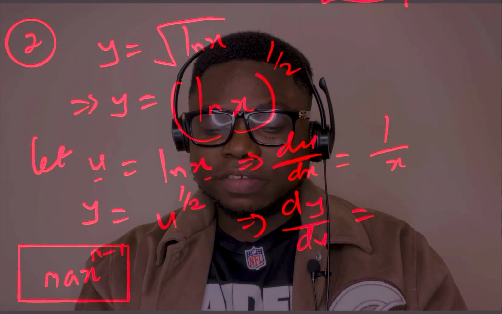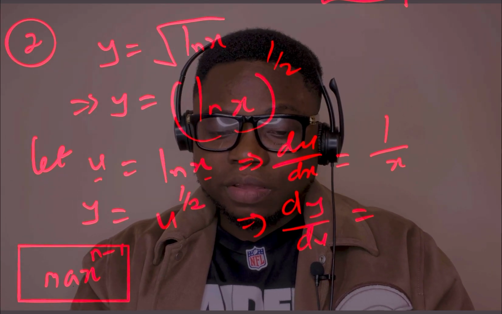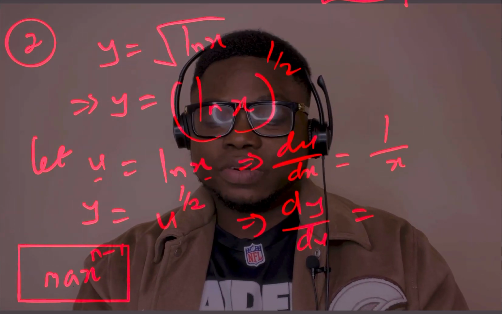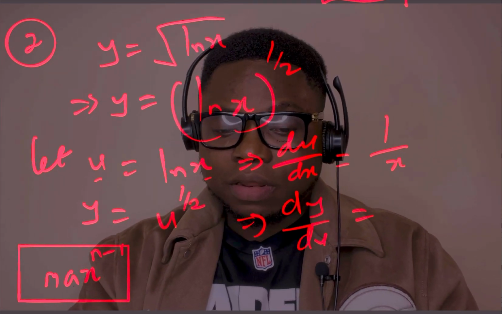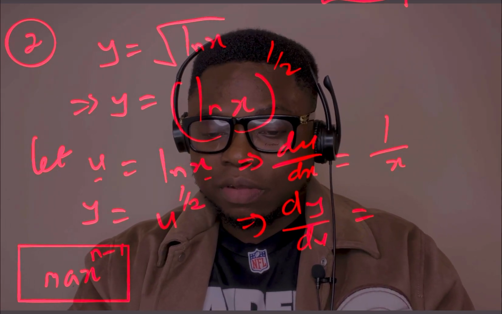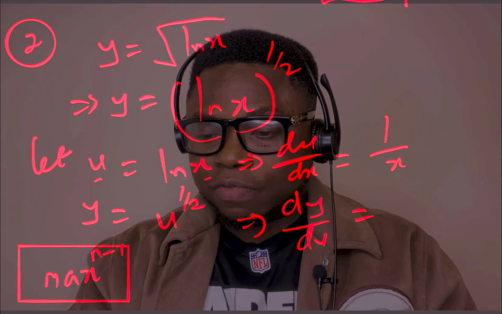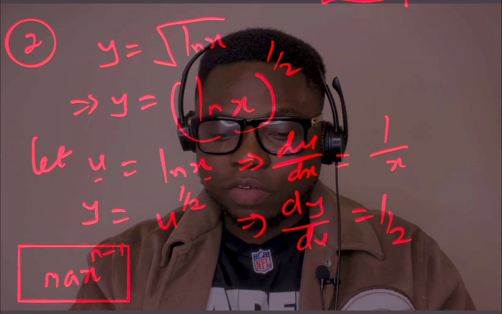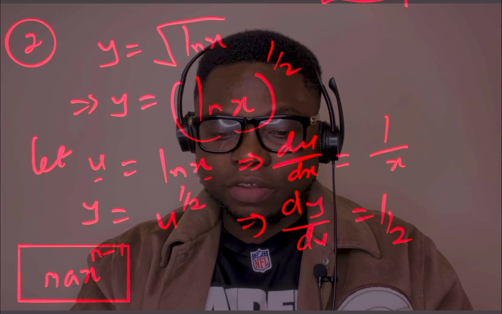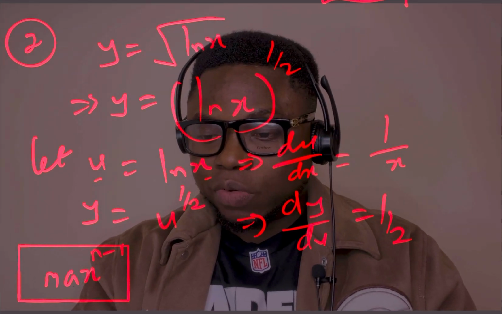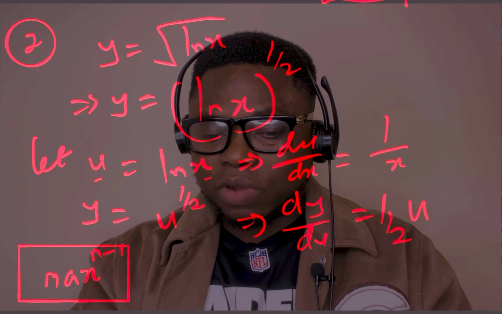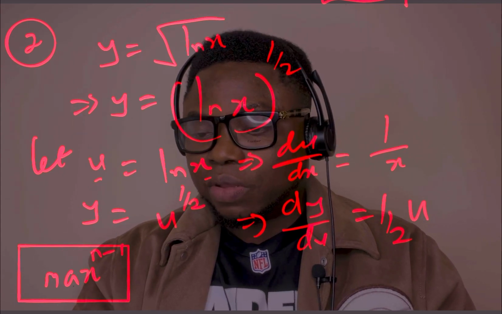That means u is representing x in the formula. So I'm going to have n, and n is the exponent, that is 1 over 2. So I'm going to have 1 over 2. Remember that a is the coefficient of x or u here, and the coefficient is 1. So it's going to be half u raised to the power of half minus 1,